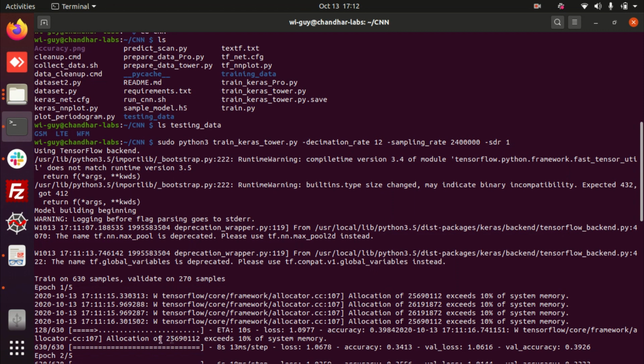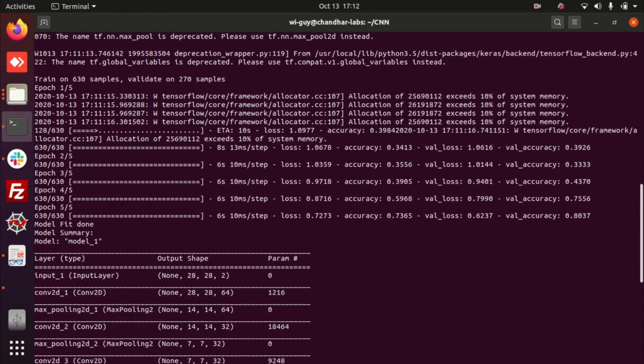You can check that the second epoch is running for 6 seconds, 10 milliseconds for every step. This is my training loss, this value is training accuracy, validation loss, and this is validation accuracy.